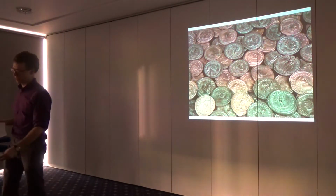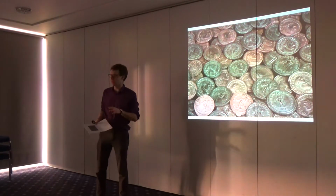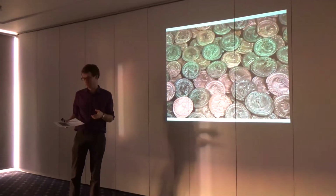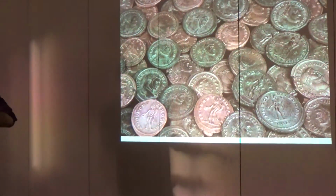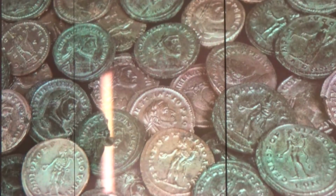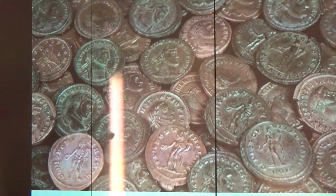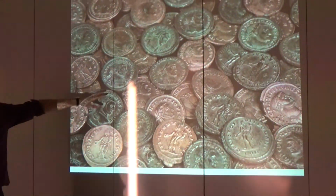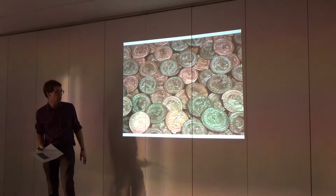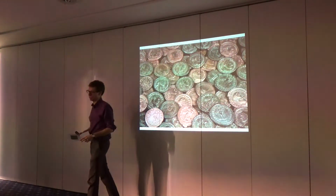So then, the coins themselves. What's actually in it? There is one, which sort of ruins everything I have to say, one tiny little coin, what I call a radiate of the 260s AD, Claudius, and then 1,857 silver copper alloy nummi, which you see on the screen here. And they're relatively standard in form. On the obverse, on the front of those coins, there's a profile portrait of the emperor and imperial titles and name. And then on the reverse, most of them have this Genio Populi Romani, the genius or spirit of the people of Rome on the back,